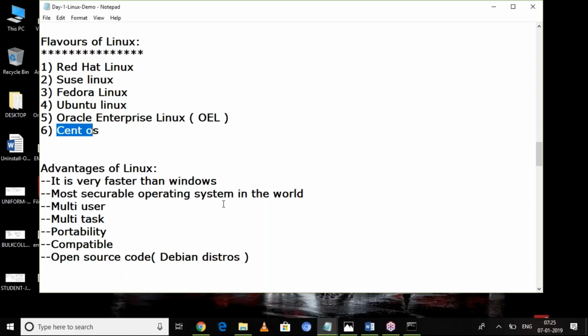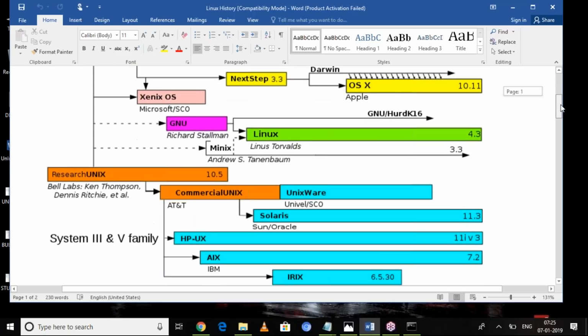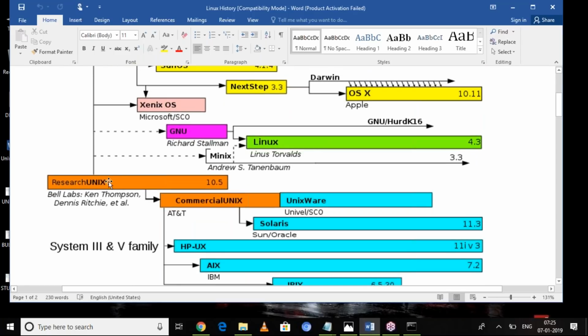Now I'm showing you the history of Unix. Just now I told you, Unix was developed by whom? This research on Unix was done by Dennis Ritchie and his team at Bell Labs. From this Unix, the first commercial Unix was developed.